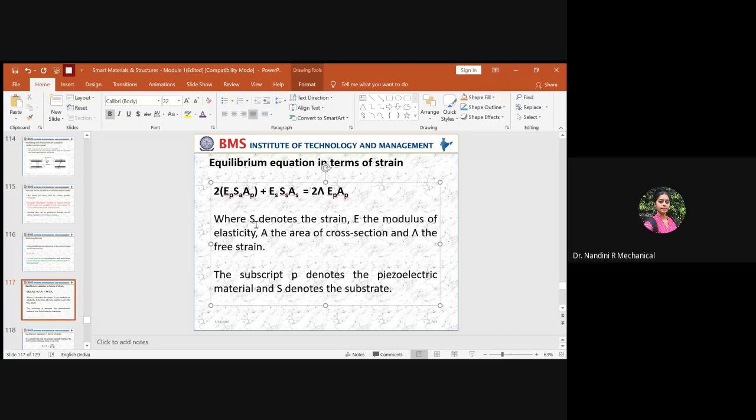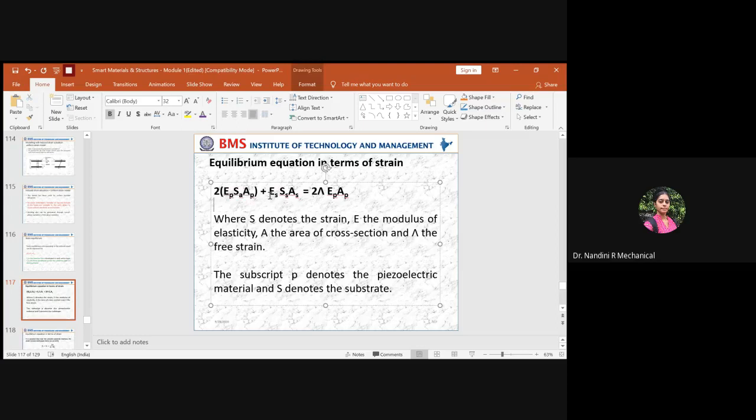Okay, and here because the same term has different meanings in different sections, be careful. Even E stands for elastic modulus, and it stood for elastic compliance in the previous things we studied. Since we are speaking with respect to the piezo patch, the terminologies here again change. So here E is nothing but the modulus of elasticity of the piezo element and S denotes the strain across the piezo element and A denotes the cross-sectional area of the piezoelectric element. So this is for the piezo element. It is written twice because we have two patches.